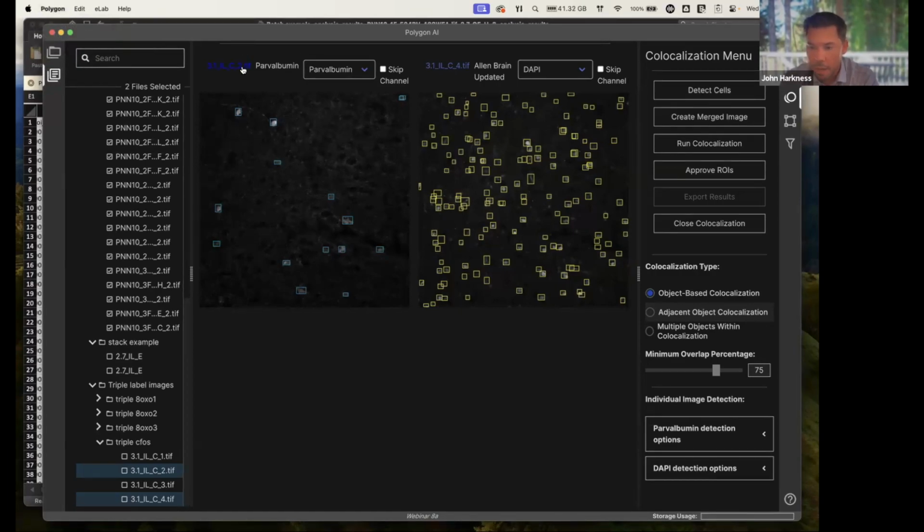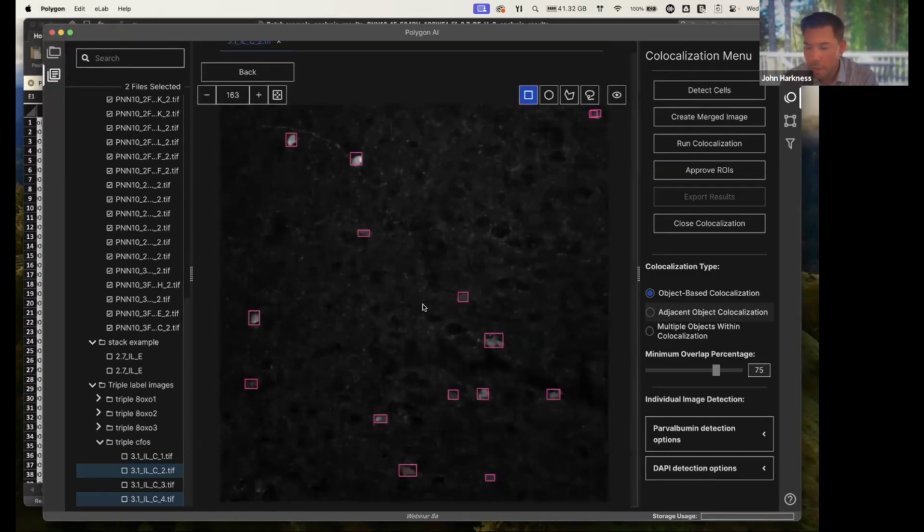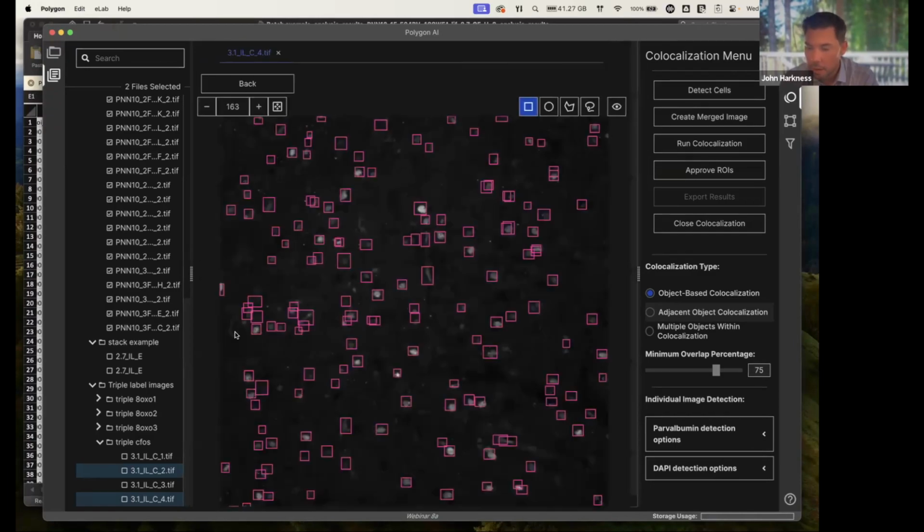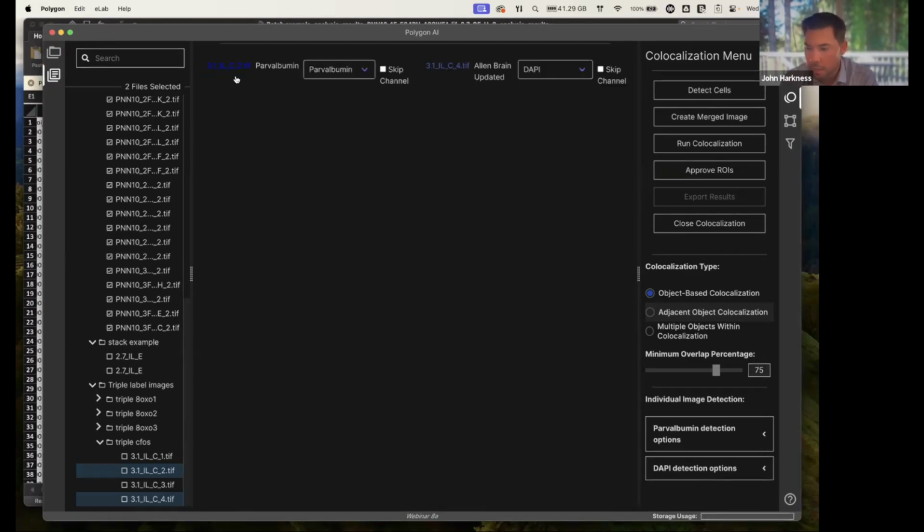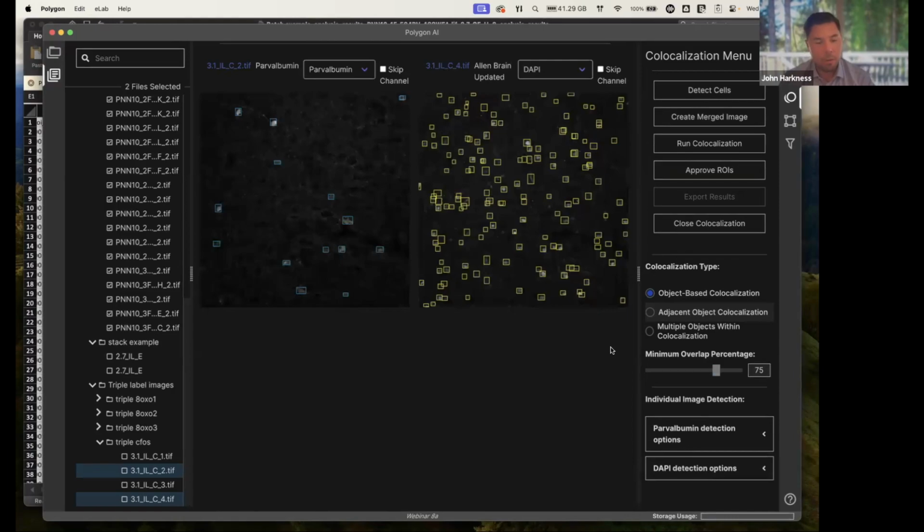So cool. I now have the ability to go in and look at these detections. We've looked at parv. I think that's great. Let's look at our DAPI staining here. And, you know, I think those are great. We're just going to stick with it. So now I want to colocalize. Well, in this example, I apparently don't have a merged image to look at. And I think a merged image is really important for colocalization because I want to see how those 2 stains are overlapping. And so Polygon has this really fantastic tool, create merged image,